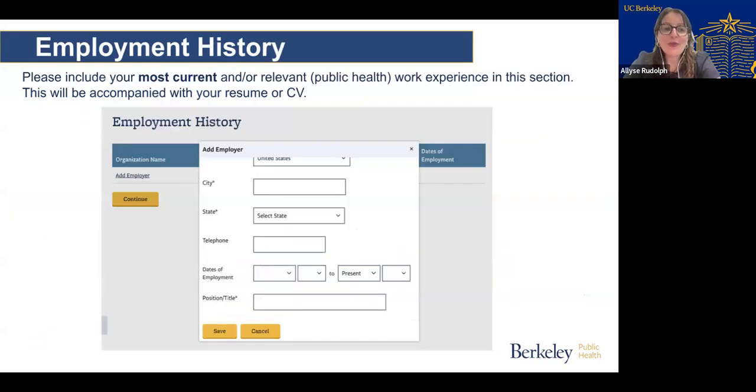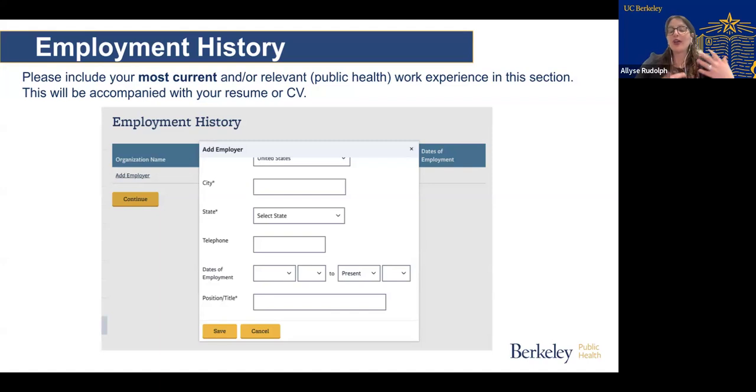Okay, so employment history. This is also another important part of the application because, as you know, there is a recommended requirement of 2+ years of work experience prior to applying. I shouldn't say requirement, but it's recommended that you have 2+ years of work experience. And so we want to take a look at that and see what experience you're bringing to the cohort. And you will submit a resume or